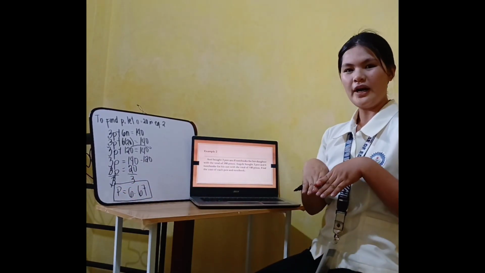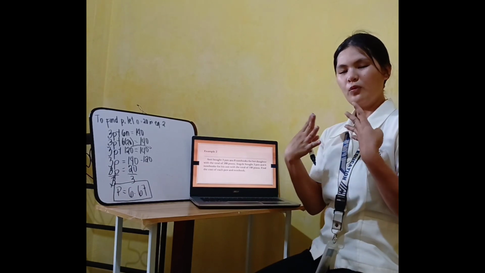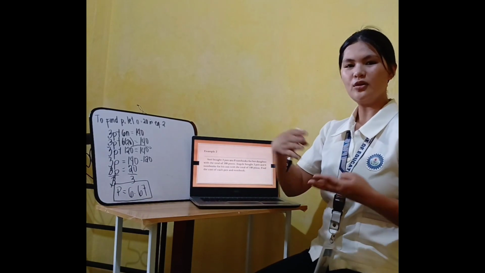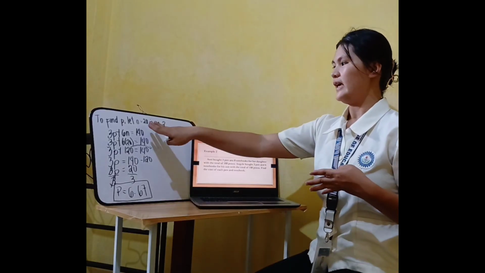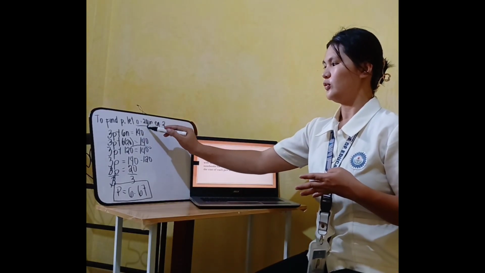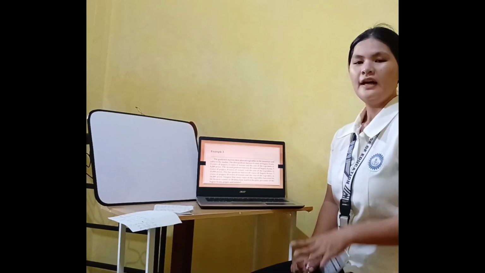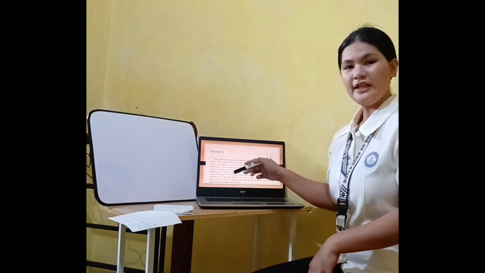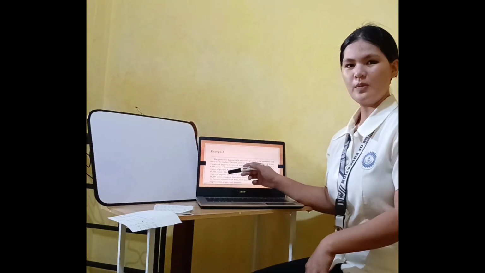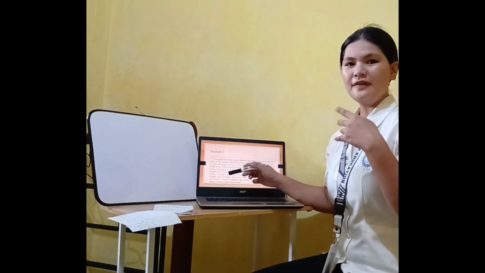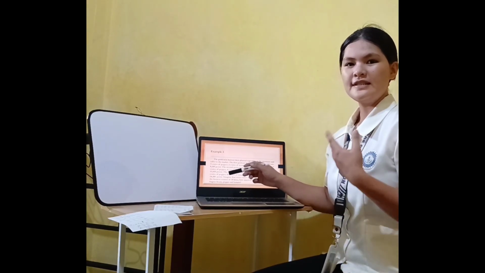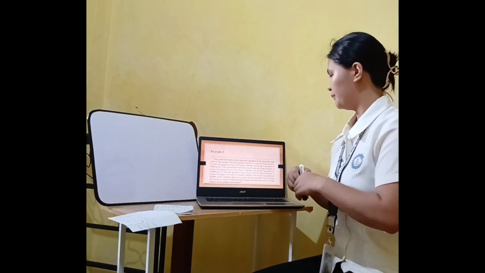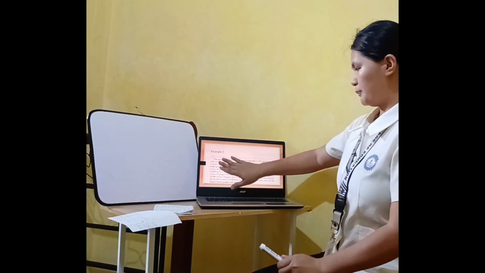So therefore, the total of one pen is equal to 6.67 and the total of one notebook is equal to 20 pesos. Sa example number 3 natin, it already consists of 3 variables na kung saan even dito sa 3 variables, same process pa rin ang mangyayari with the 2 variables. So the problem is,